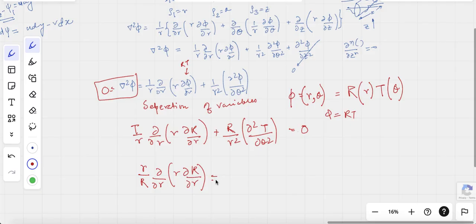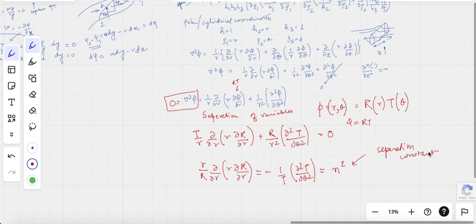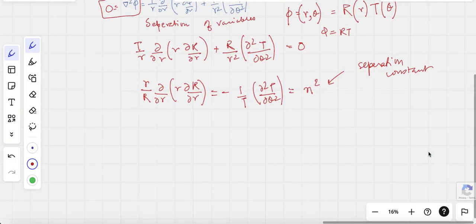Is equal to minus 1 by T d square T by d theta square is equal to, now we will put n square. This is known as the separation constant. We will work with